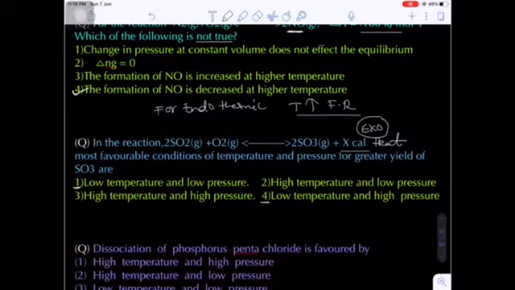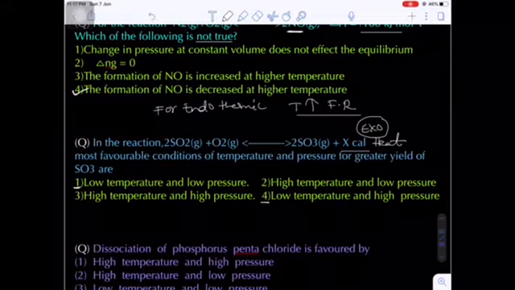Out of these two options, we have to check the effect of pressure. The system has to move to the right side where the number of moles is less, that means volume will be less, that means pressure has to increase. When a system at equilibrium has its pressure increased, it moves in the direction where there is a decrease in the number of gaseous particles. That means we have to increase the pressure and decrease the temperature, that is, low temperature and high pressure. Which is the correct option? Low temperature and high pressure, that is the fourth option. Are you getting my point?